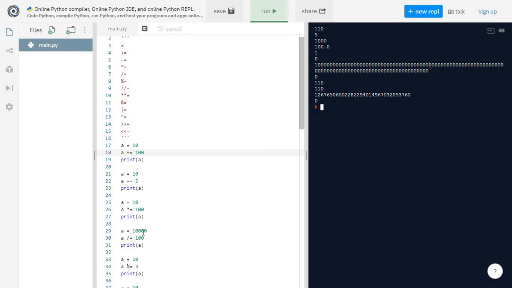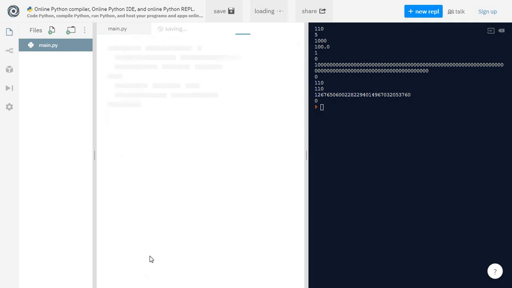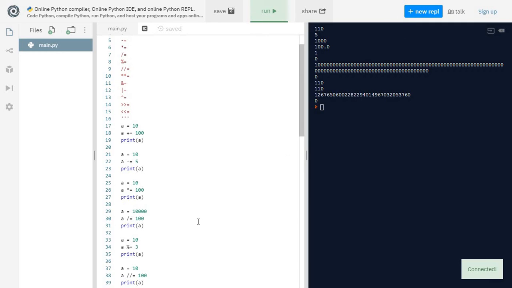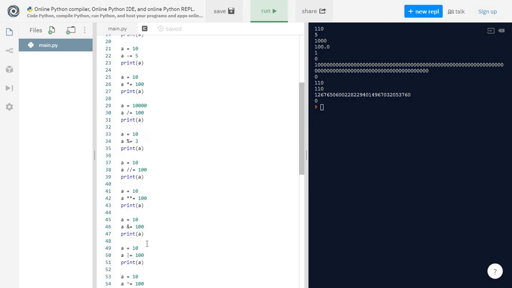For division, it is first dividing 10,000 by 100 and then printing the value. And similarly, here it is first calculating the modulus. 10 modulus 3 is actually 1, and then it is assigning the same value here. So this way, all of these things are actually working, and you can see the floor division, the exponentiation, everything